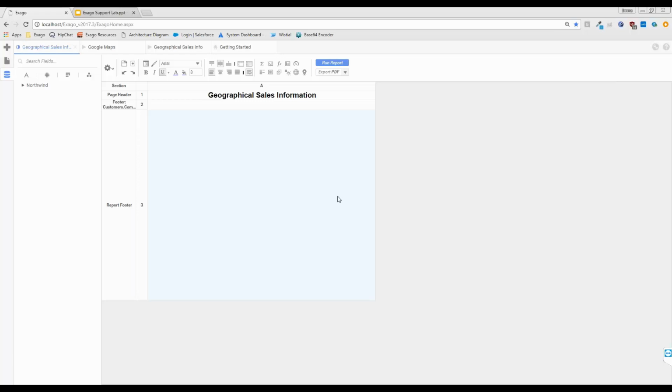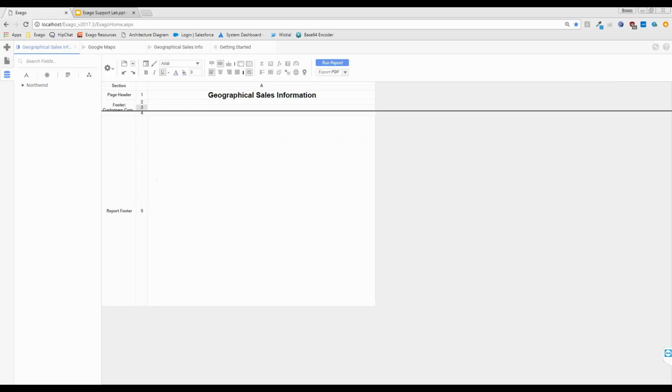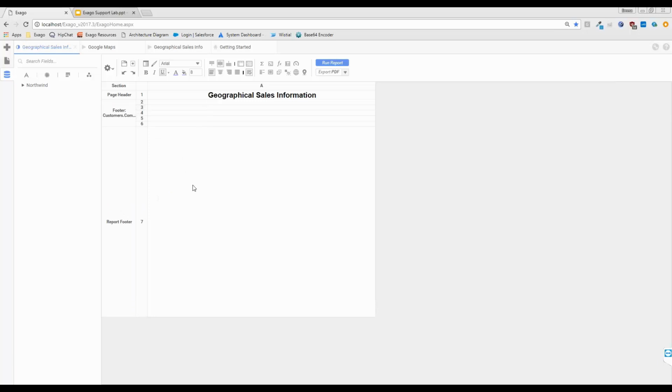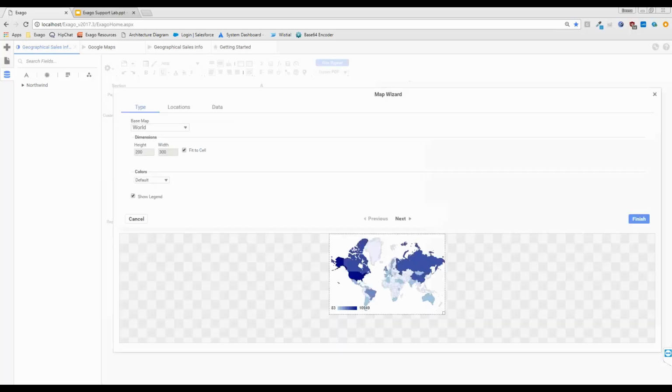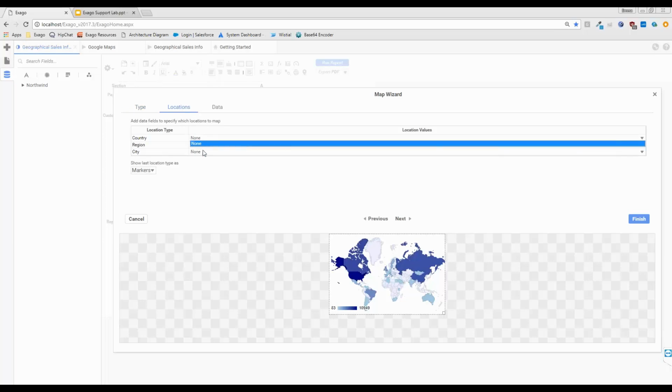Okay. So what I'm going to do, I'm going to add a couple rows here. This is where my data is going to live, right? So this will be mapped to my map. Poor choice of words there. What I'm going to do before I add any data here is actually go into my GeoChart wizard to take a look at the location options provided to me. So I can go into the wizard. I'm not actually linking any data. I'm not setting any values here. I don't have anything on my report. So if I go to the locations tab, there's actually no options for me, right? Pretty straightforward there. But I just want to get an idea of the types that I'm going to be looking